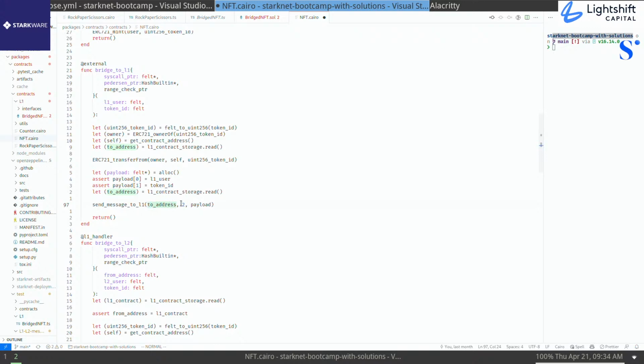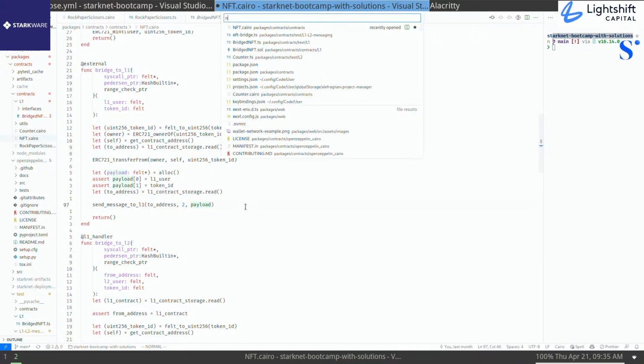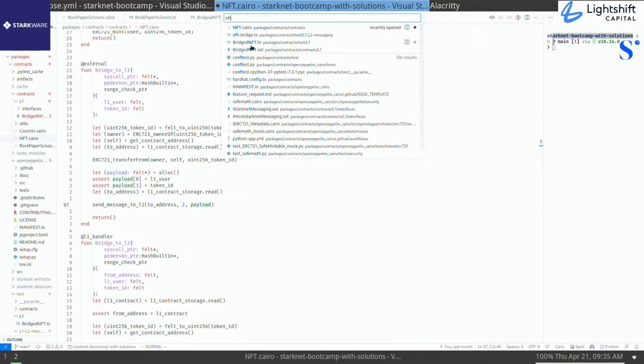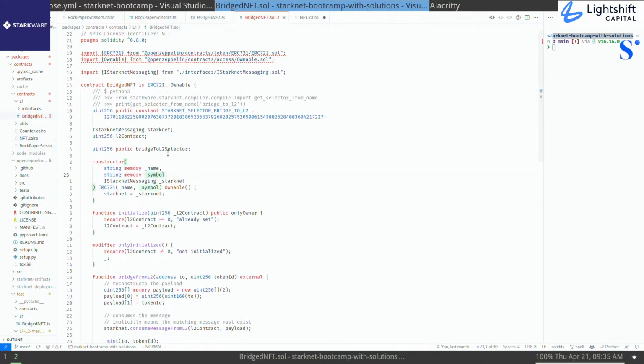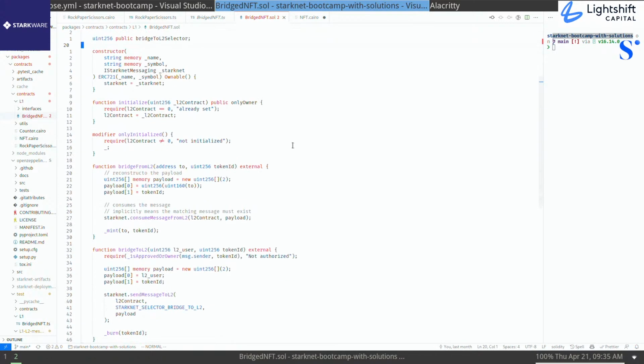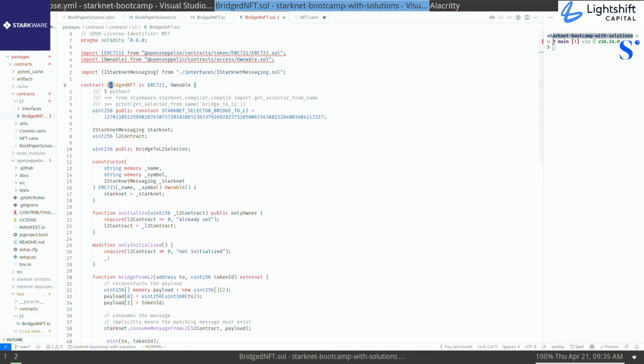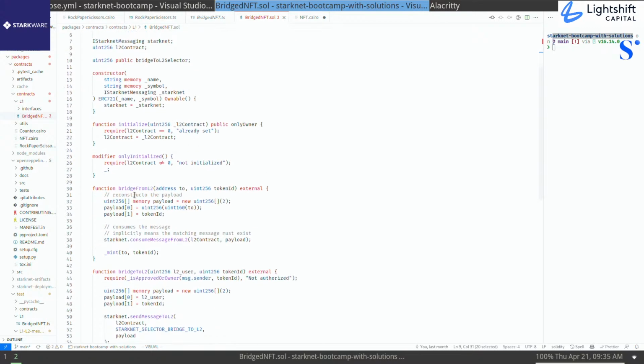to consume the message that we're expecting and to execute whatever logic we need in that case. So in this case, we want to mint this same token ID for that user on the other side, which is the part I had already written for you. I think it was already in the sample repo, if you maybe saw this. So this is your standard ERC 721. There's a couple of details here that I'm going to go through in a bit. But essentially, I included a function called bridge from L2,